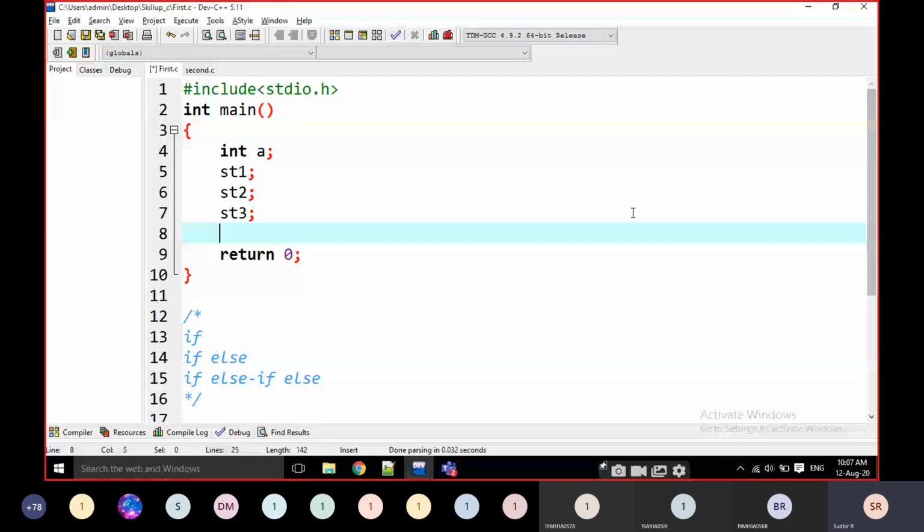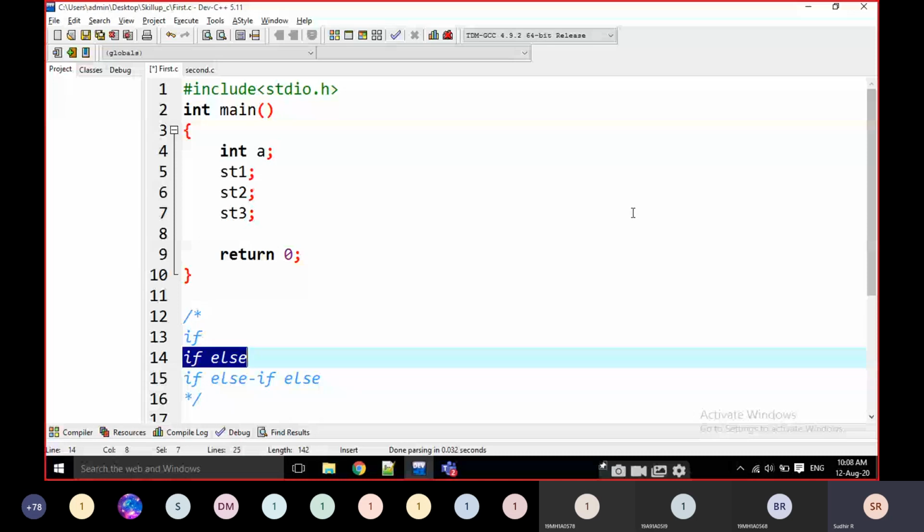For example, there are only two cases. There are only two ways. I will explain what is if. This only if I cannot explain here when I am teaching here. I will show you when we are going to use only if. Okay, just discuss what is if and else.